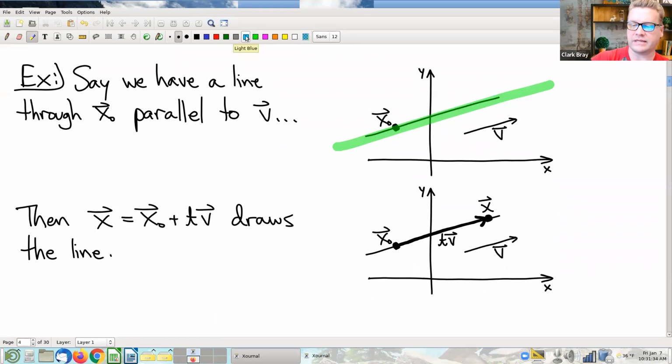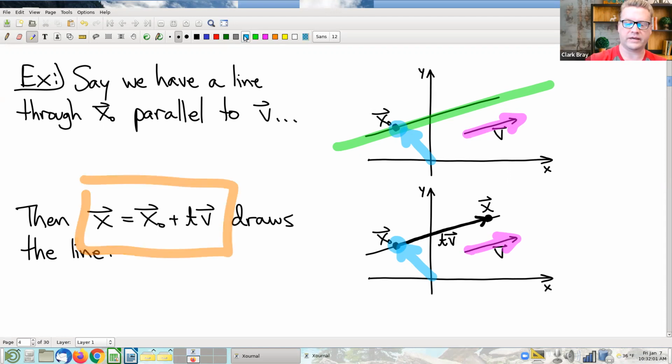All you need is a point on the line. And keep in mind, you can think of a point as being a vector, what we call the position vector for the point. And then any vector parallel to the line. If you have that vector parallel to the line, then what you can do is just put together this little construction here,